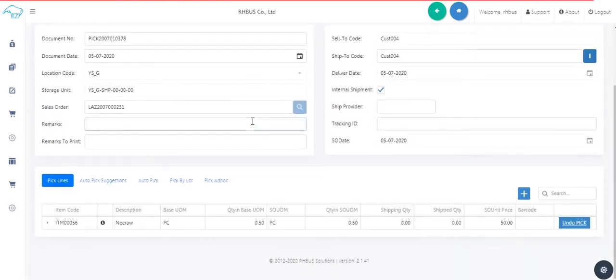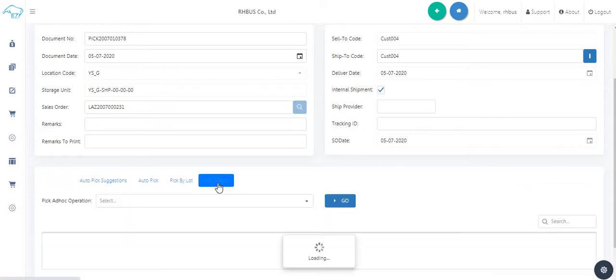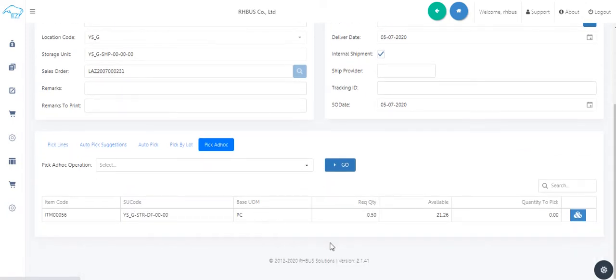Okay, so this can also be operated through the Android app. Okay, you can see the item, what is the required quantity. If I click on pick or dock, it also shows me where this stock is available, in which rack, bin level. Okay, also it shows what is the required quantity, what is the available quantity. If I'm doing it manually, I can just key in here directly the quantity we are picking up.